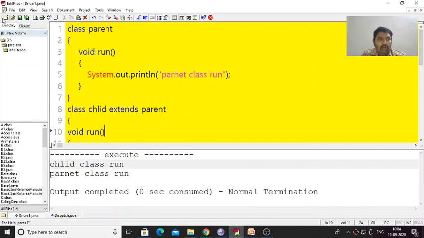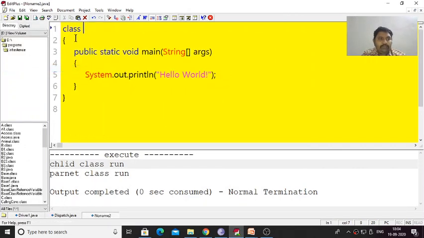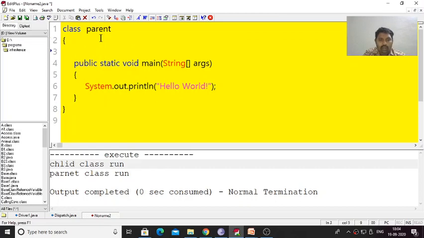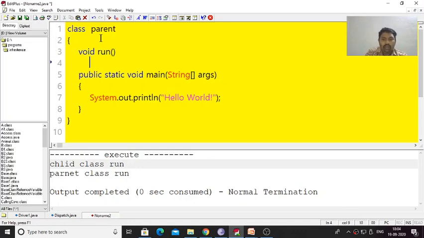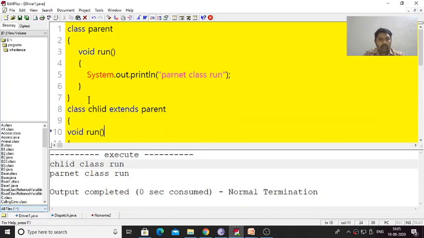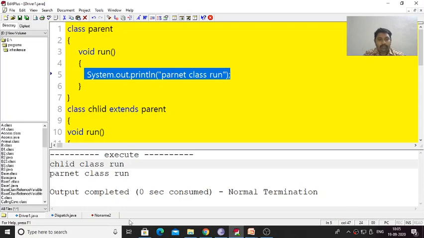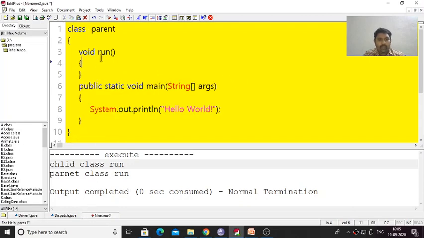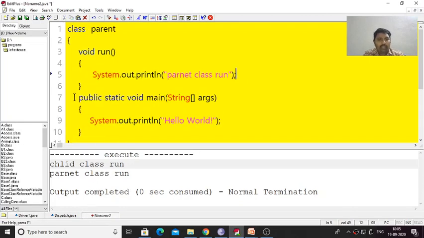Now, for example, here I have one parent class, and it has a run method.